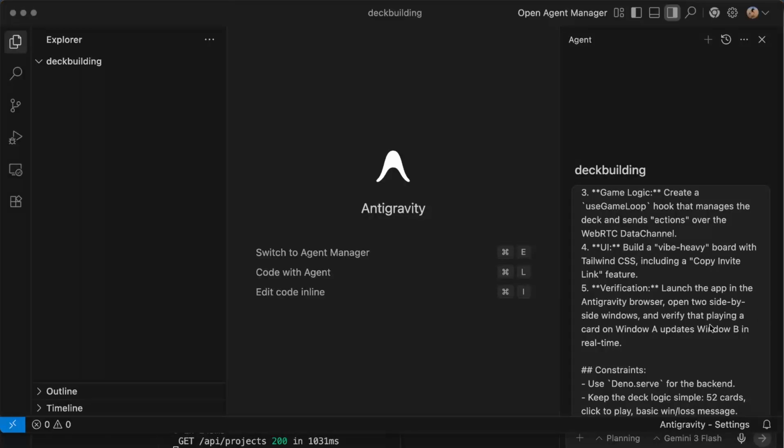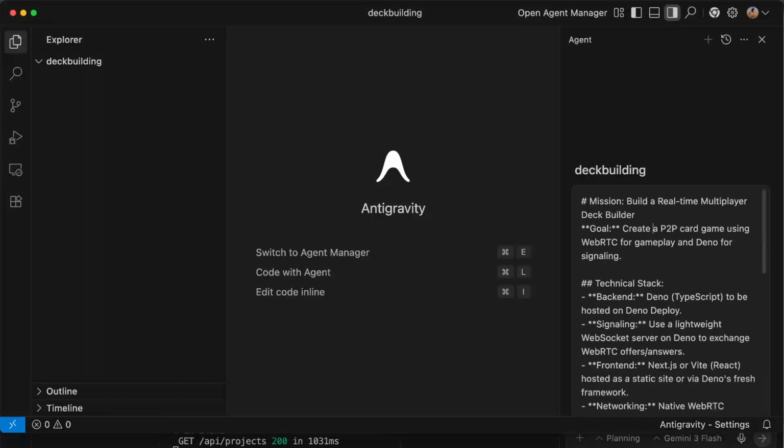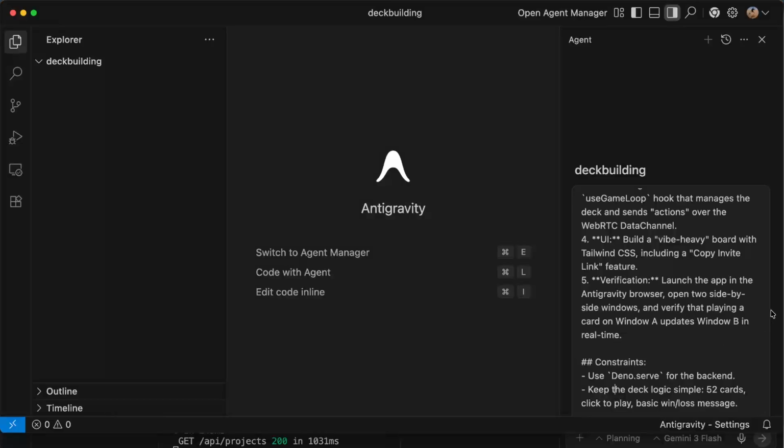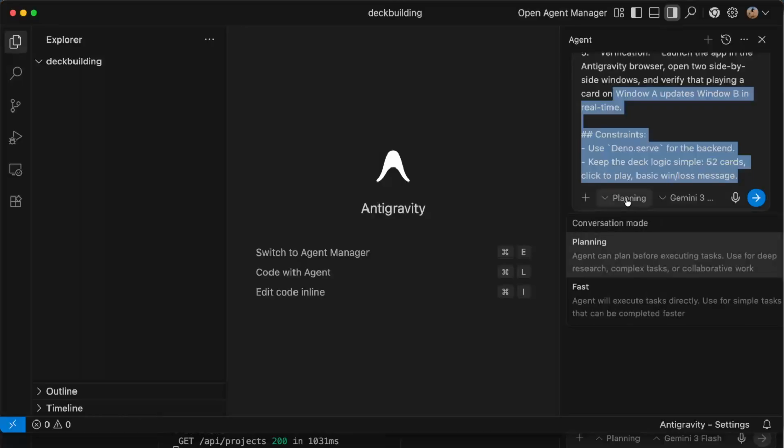Right, so I copy paste it right here. The great thing on Antigravity is that you can start here. It's an empty folder. Another thing that you need to know here is that you can check planning or fast. Agent will execute task directly.